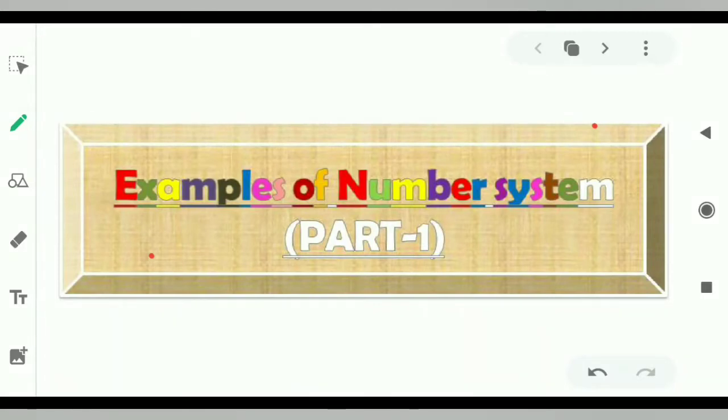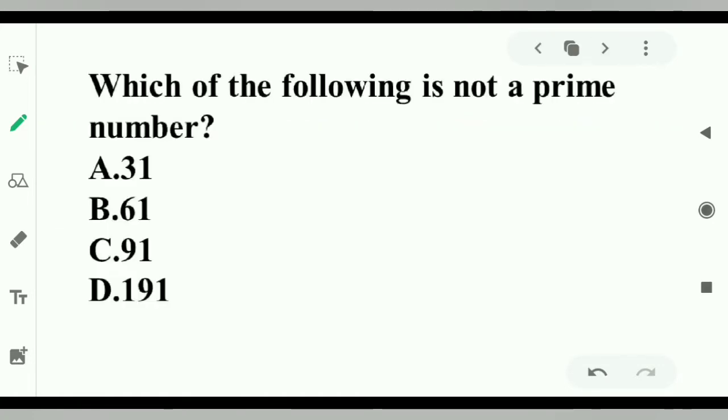Yes. Today we are about to see example problems on number systems. So it is going to be a very interesting class because solving aptitude is great fun, right? Okay, let's get started. Let's all read our first question. Which of the following is not a prime number? So we have to find whether the following number is a prime or a composite number. And before proceeding into the solution, let me explain the procedure to find whether a number is prime or composite. Let's begin.